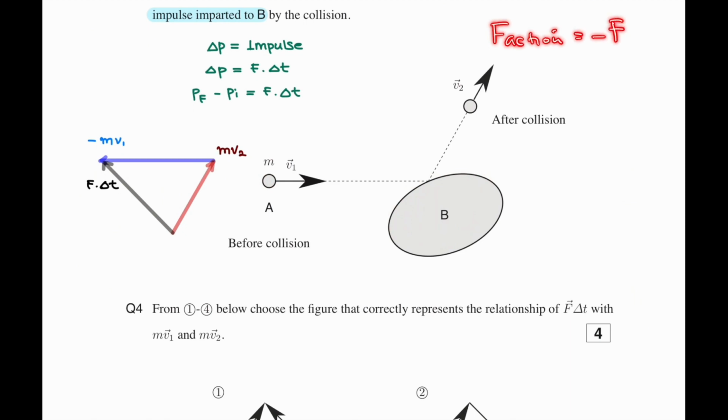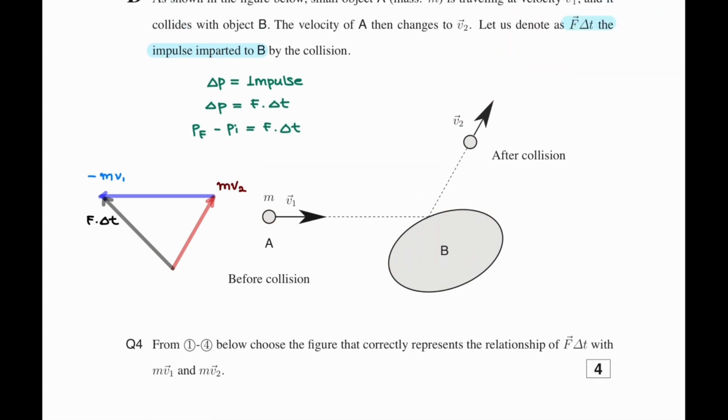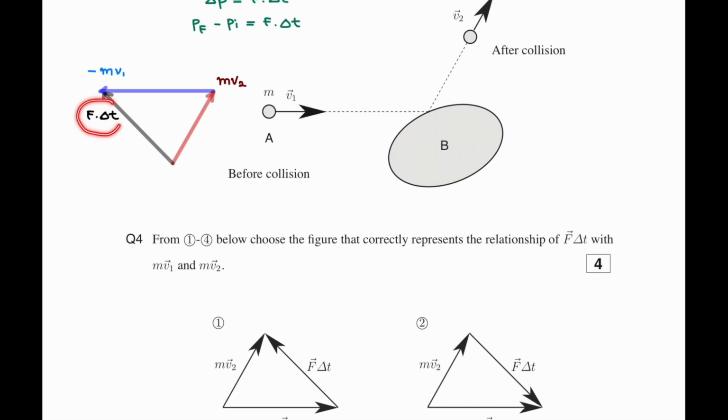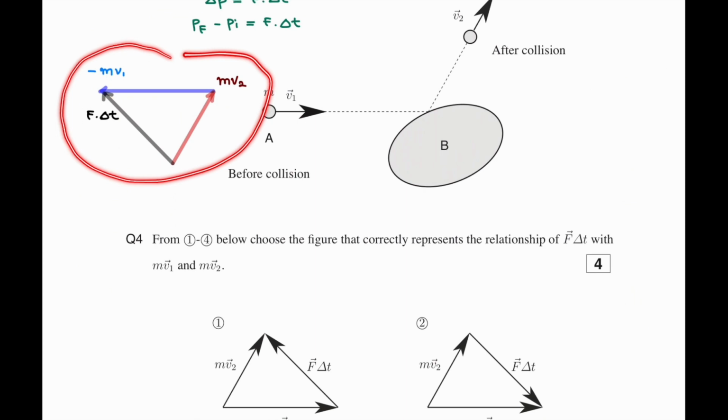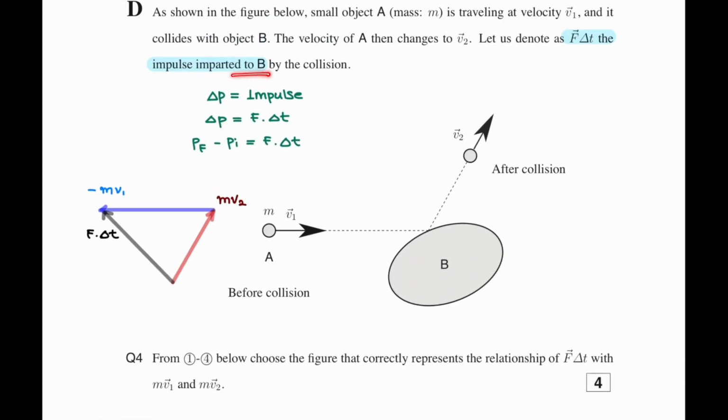This is Newton's third law, yeah? In an action-reaction force, or in Newton's third law, the action is always in the opposite direction to the reaction. So if you want to find the impulse to B, the direction opposes the impulse to A. Since this is a diagram of the vector of object A, if we want to find the impulse to B, the